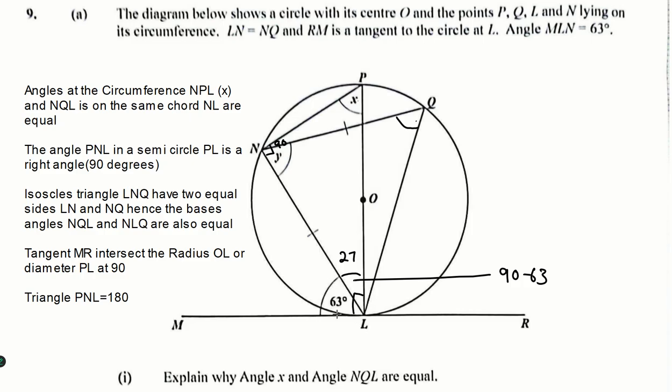This is 90, this is 90 here. Can I calculate this angle here? This is 27. So angle X would be calculated by saying 180 degrees is equal to 90. So I would first start off by saying,